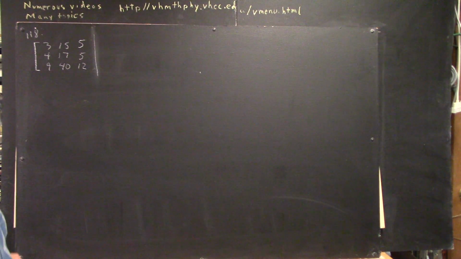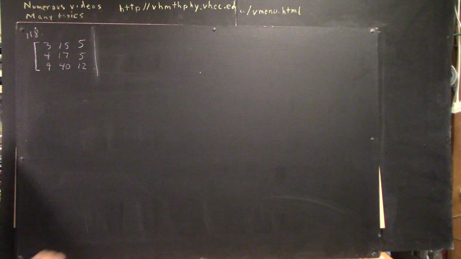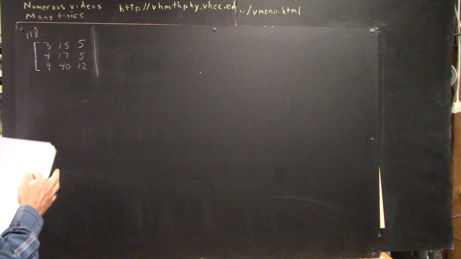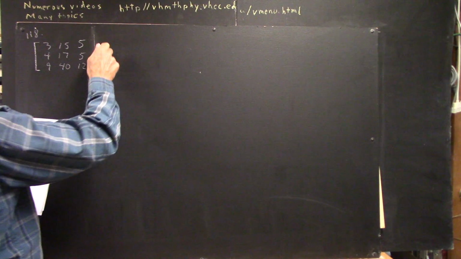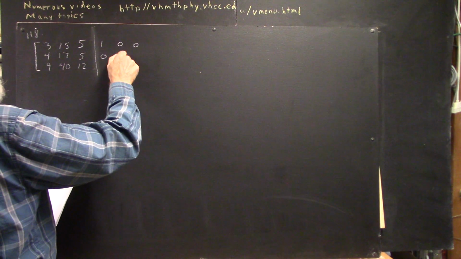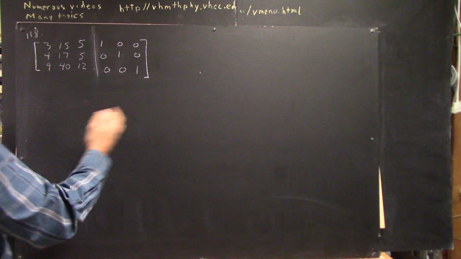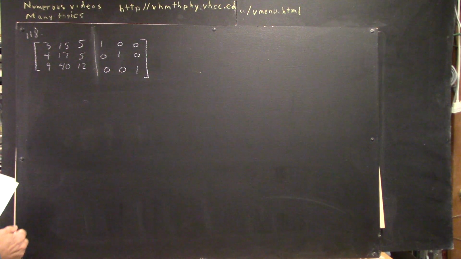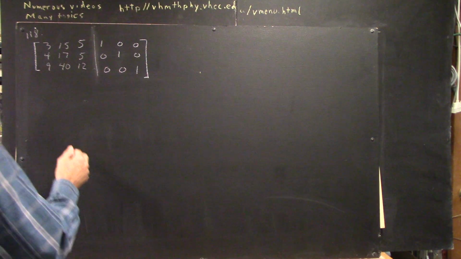We're asked to invert the matrix we'd have if we close this off with a bracket, but in order to invert a matrix, we reduce it, and before we do that, we augment it, and then we reduce the augmented matrix. Okay, so what I'm going to do is